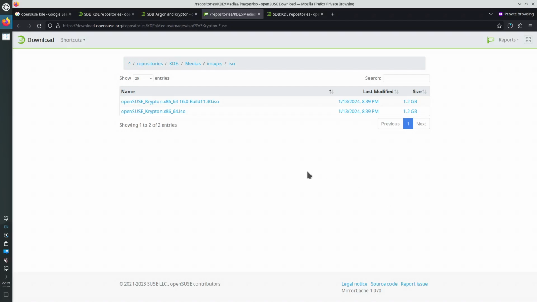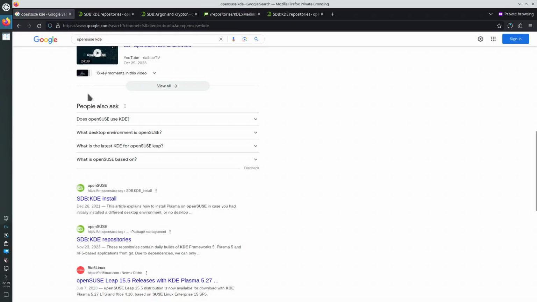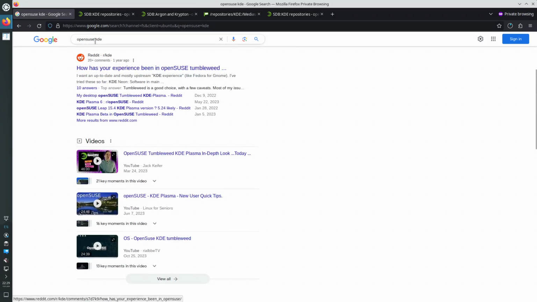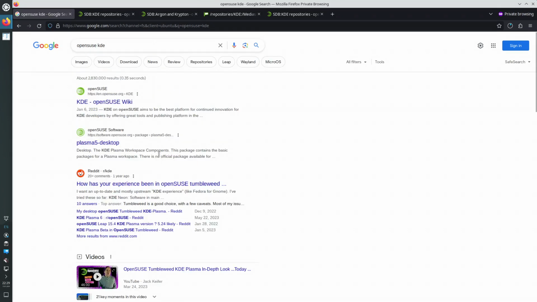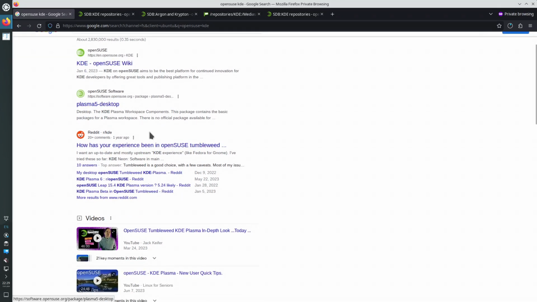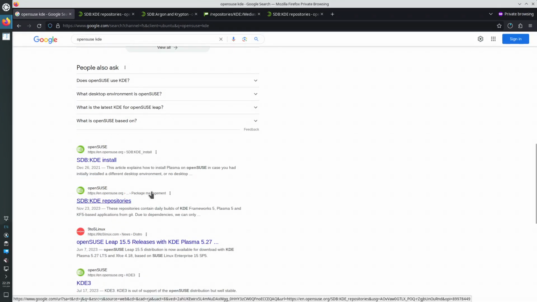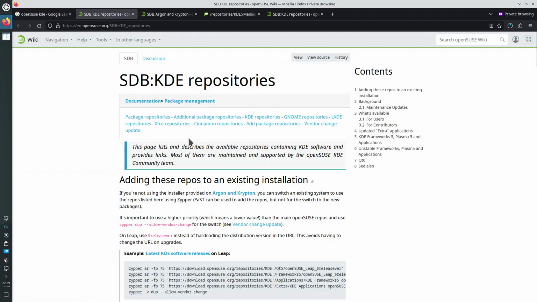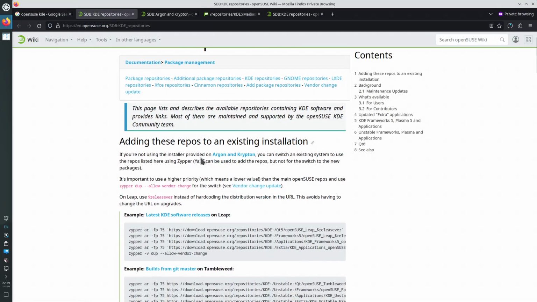Hello, today we are going to test the KDE Git master branch source code by running openSUSE Krypton ISO in live CD mode. So on Google, I searched for openSUSE KDE, and among the results was this one, SDB KDE repositories, which says that if you do not want to use the openSUSE distributions Argon